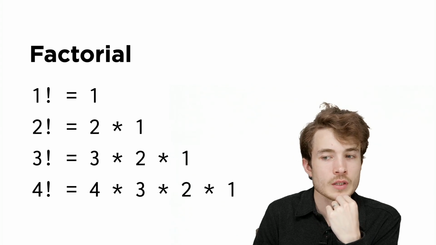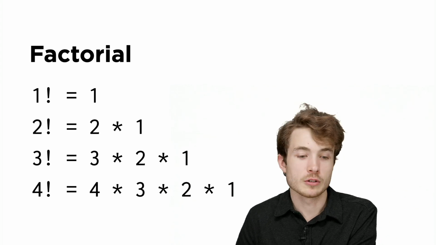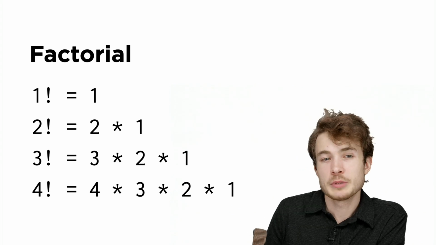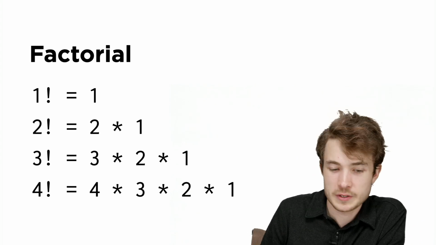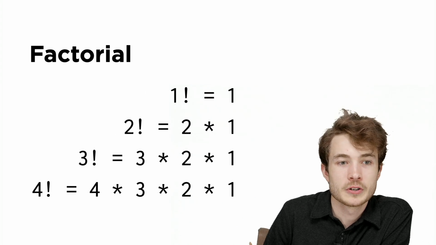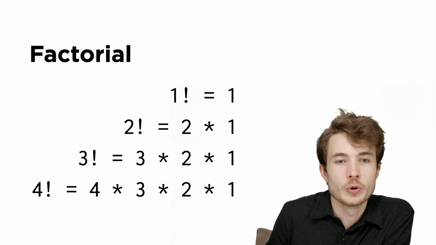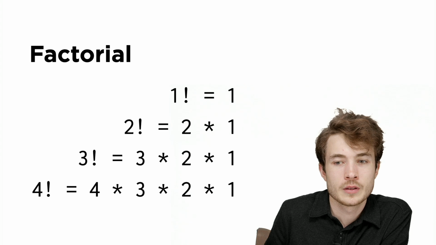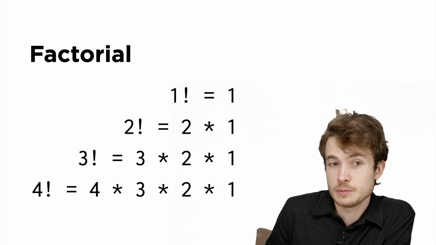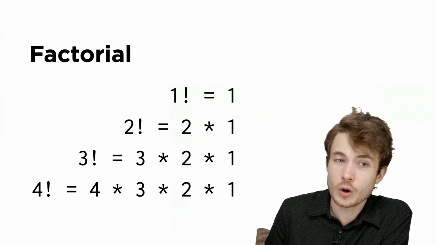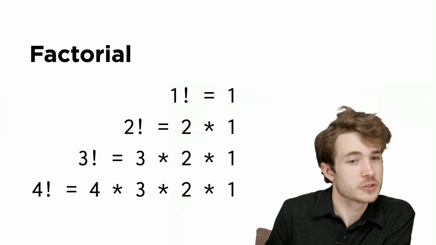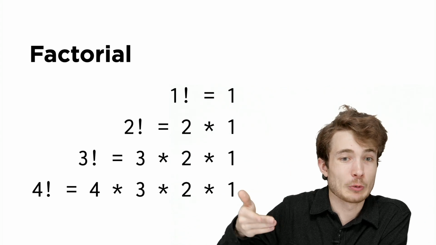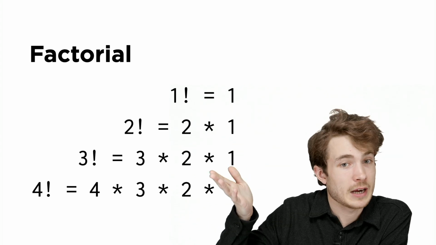So what makes this problem good for a recursive solution? Well, you might notice a bit of a pattern here. And it gets a little more obvious if I slide these numbers over. So what do you notice? In particular about now 2 factorial. It seems to me that the solution for 1 factorial is part of the solution for 2 factorial. That is, if 1 factorial is 1, we could compute 2 factorial by taking 2 times 1 factorial.